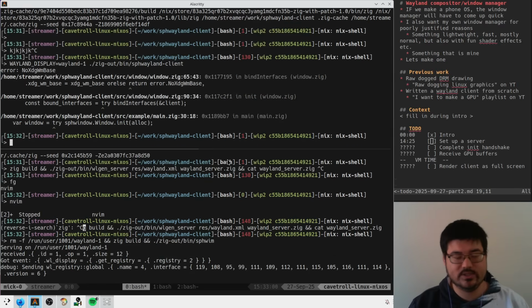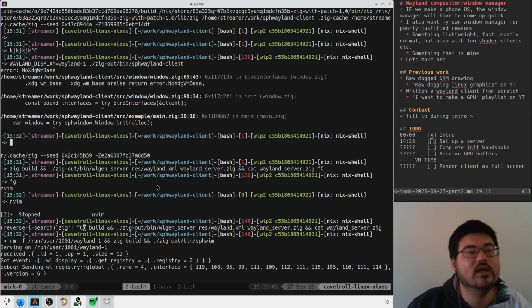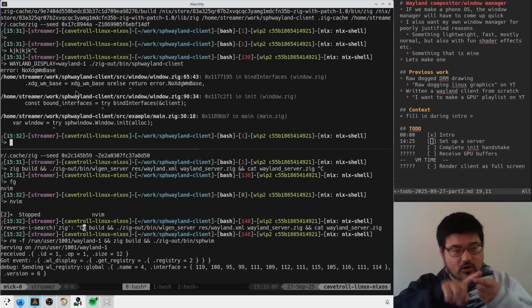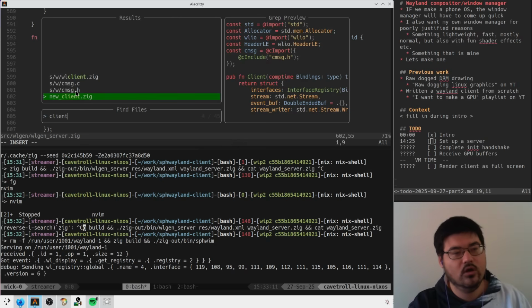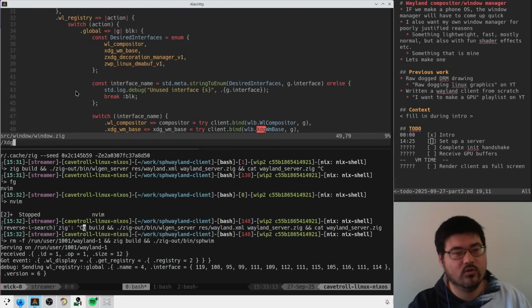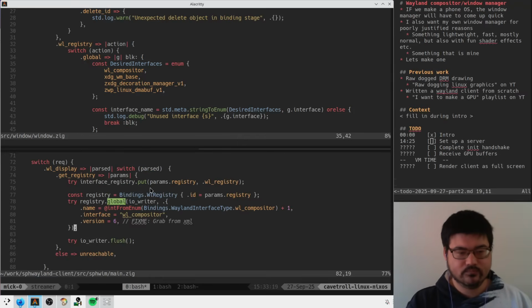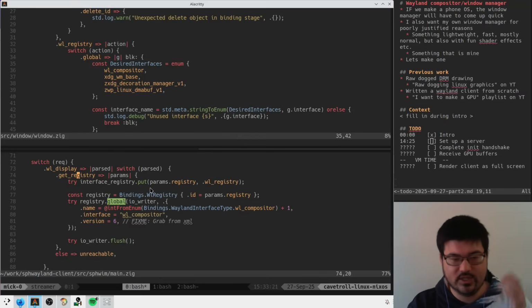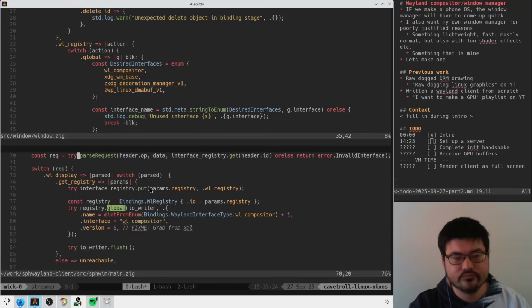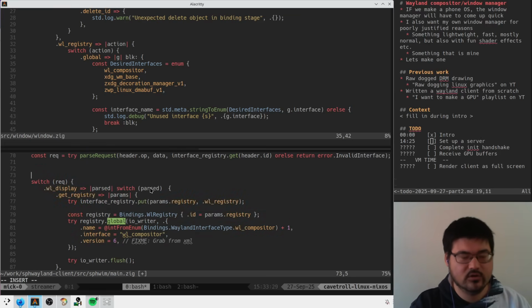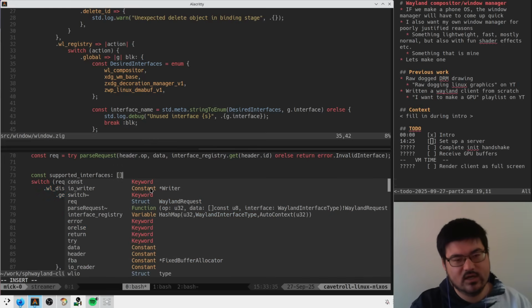All right. So we sent out a thing. Great. And he's like, you didn't give me the interfaces that I want. Right? So he's looking for a few of them. He's looking for these 4. So we just add those. We go like, 4 supported interfaces. This is going to be a list of bindings,